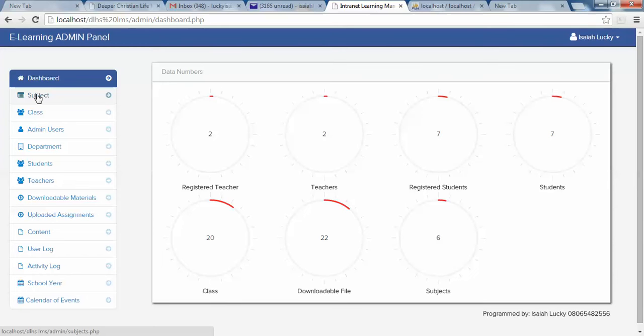It is open-ended, designed as a content management system so that the admin will be able to input various subjects. For instance, there are some of our campuses where business study is done, and in some campuses, business study is not done. So if I had written the application and put in the subject myself, it means they will not be able to change or edit it over there. But it is designed in such a way that they have the freedom to be able to input the subject of their choice. So I click on the subject menu now,